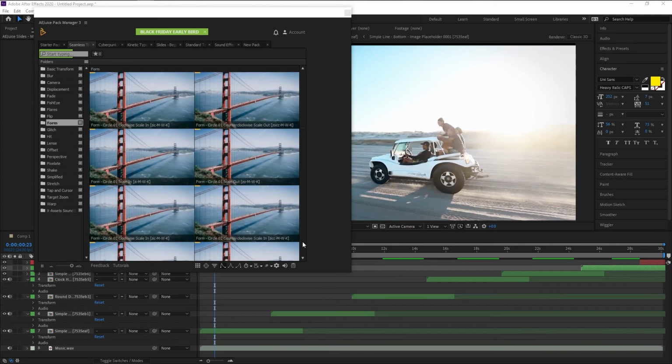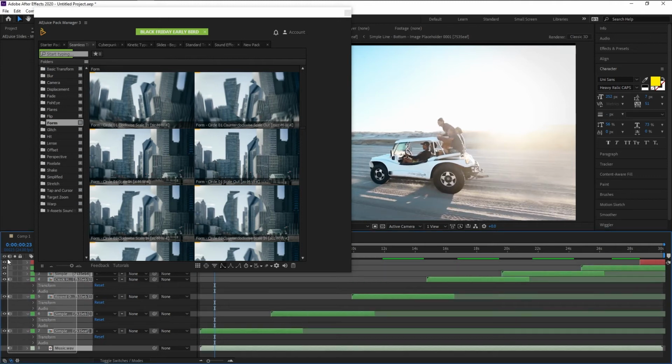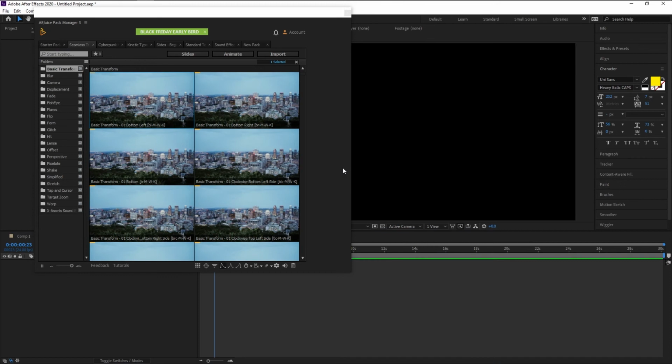Wait. Just showing the preview of a transition is super boring. We will create a new slideshow based on the similar transition bundle they offer. Now what you have to do, I will delete all of the stuffs in the composition over here. Just highlight it and press backspace on your keyboard. Now create a new slideshow based on these premium transitions that the AI Juice Pack Manager offer.